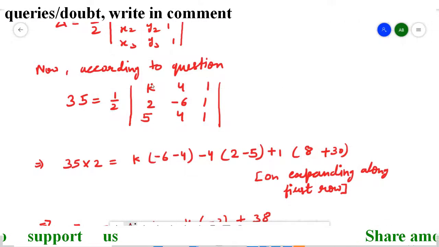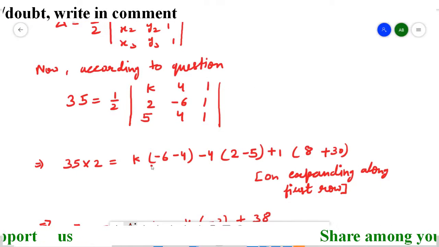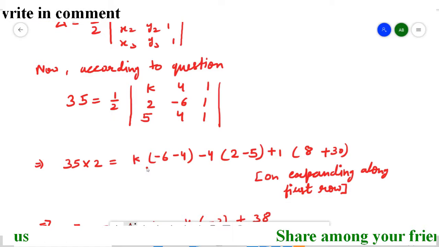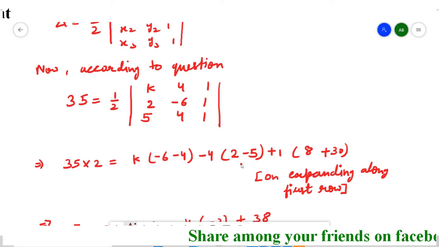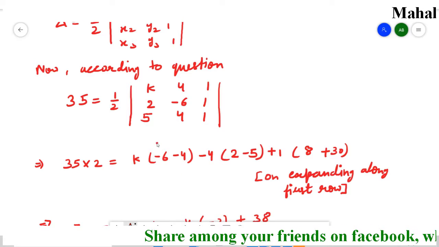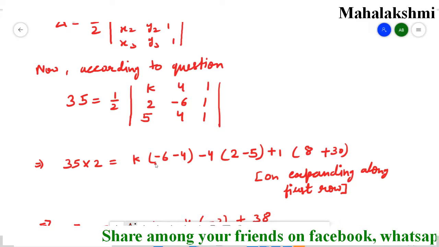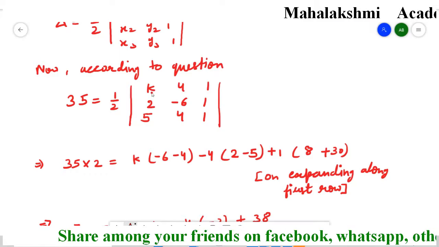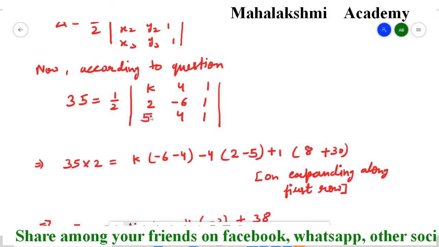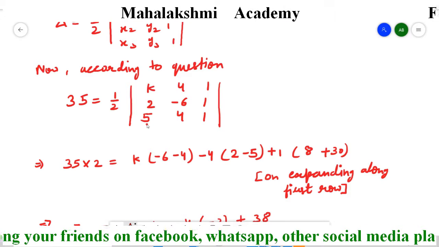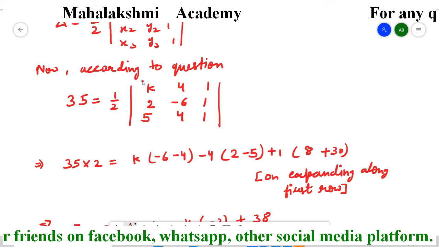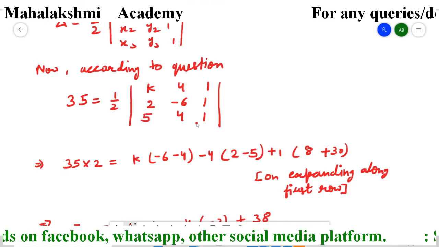Then again I expanded it along the first row, and I clearly explained in the previous question why this is positive and this 4 is negative and this 1 is positive. So understand it, and then these brackets I obtained like this. Suppose we cross it because we are writing for k, minus we are writing for k. So for 4, just cross the column and the row. So we remain with these 4 terms.